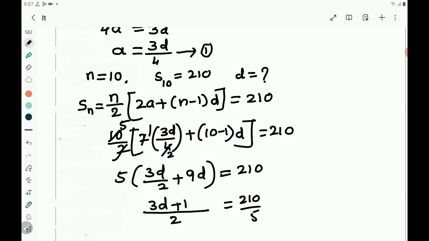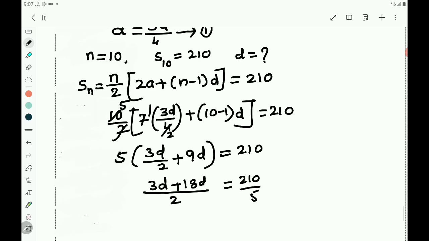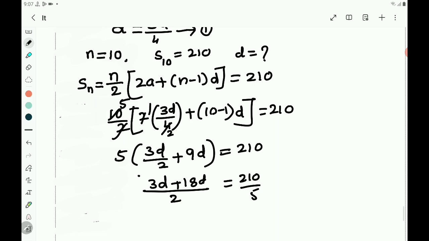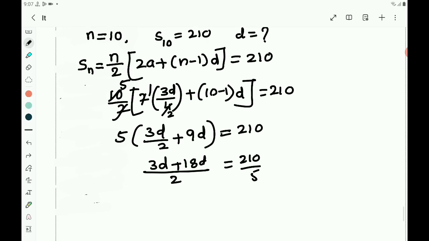That becomes 18d. 3d plus 18d is 21d by 2 equals 210 by 5, and 21 ones are 21,